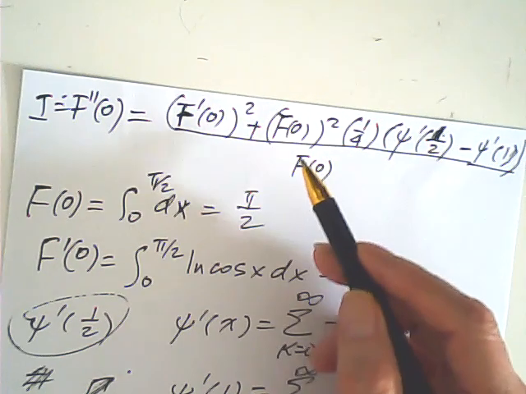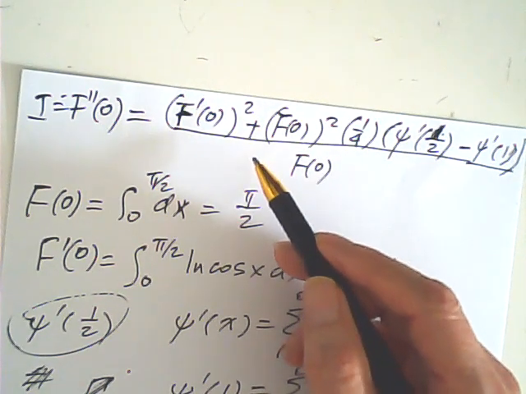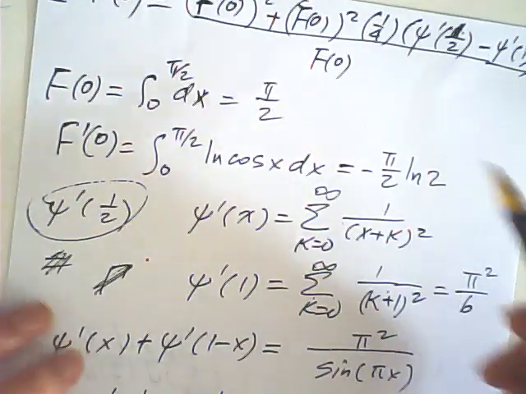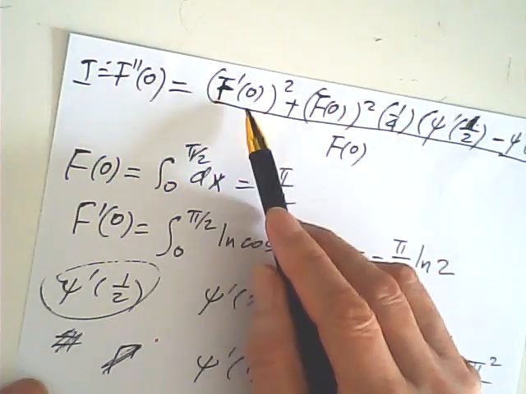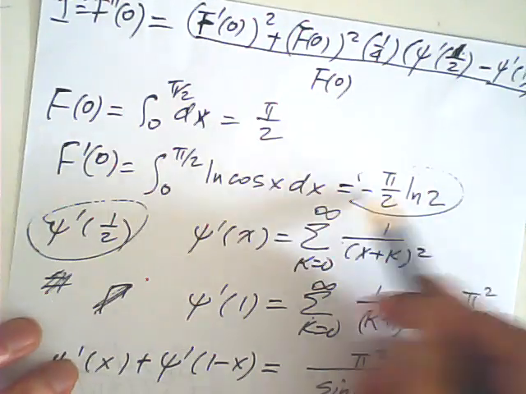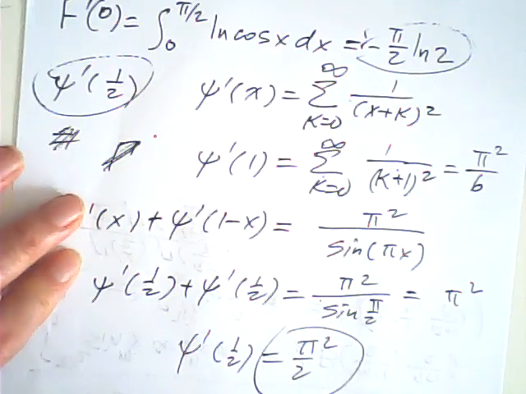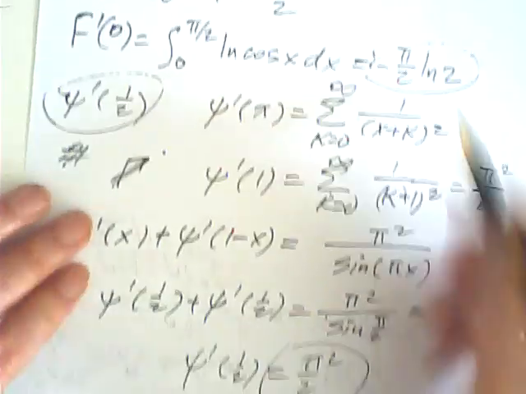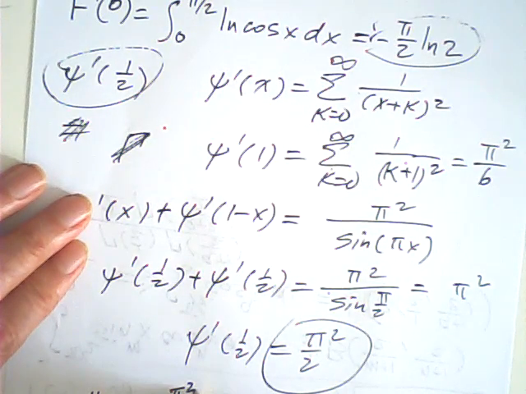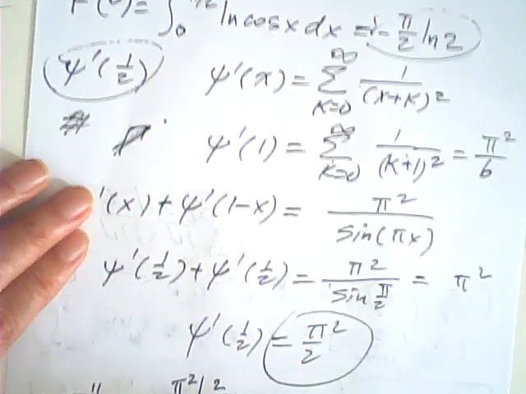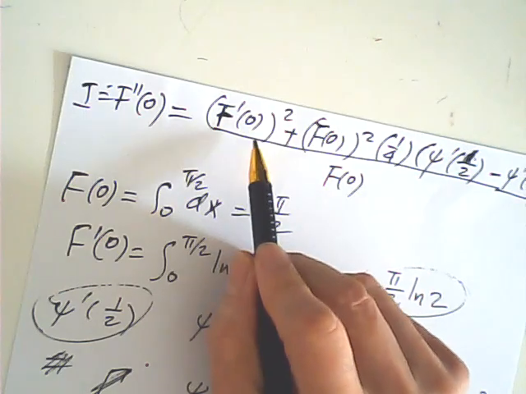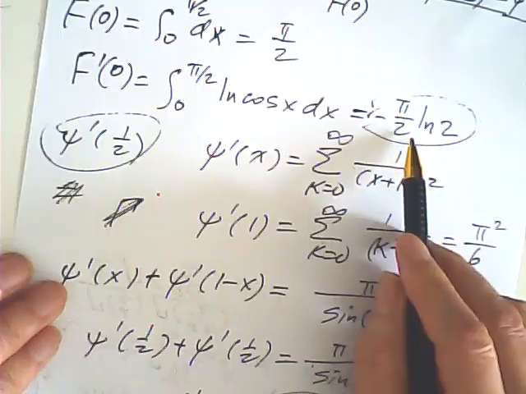This one is equal to this, right? So this squared is equal to pi squared over 4 times log squared 2. That is this square. And plus